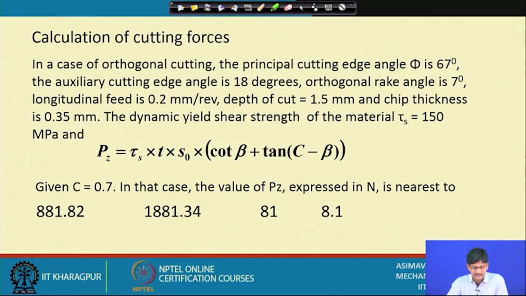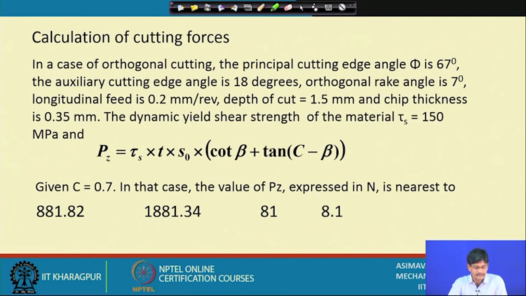The dynamic yield shear strength of the material tau s is equal to 150 megapascals and Pz is to be taken as in agreement with Merchant's second proposed model. Pz is to be taken as tau s into t into s0 into cot beta plus tan C minus beta. This we have derived the last day. Given C is equal to 0.7 radians, in that case, the value of Pz expressed in newtons is nearest to